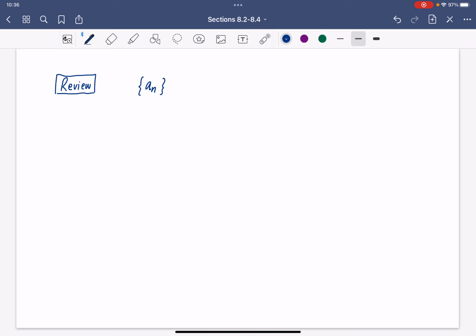The sequence is going to have the pattern that it can be convergent or divergent. If you take the limit of a_n where n goes to infinity and it's equal to L, where L is a real number, in this case you're going to say that the sequence a_n is convergent. This is the case that you mostly saw in the problems last week, where we take the limit and